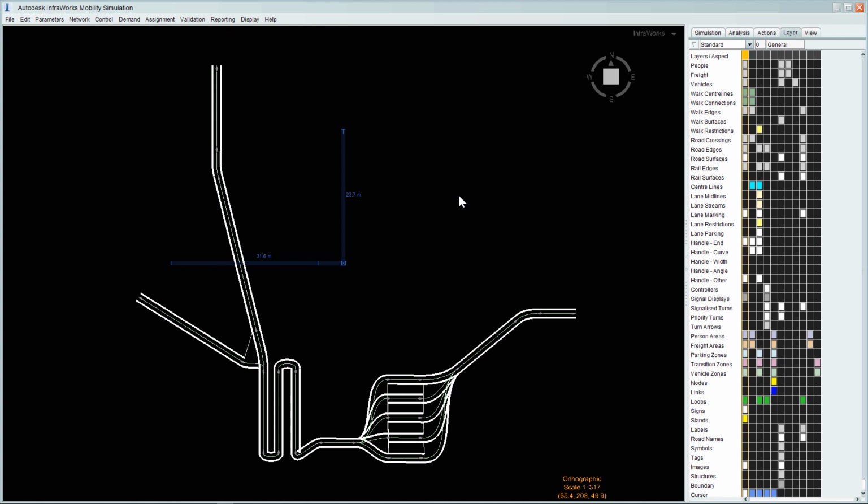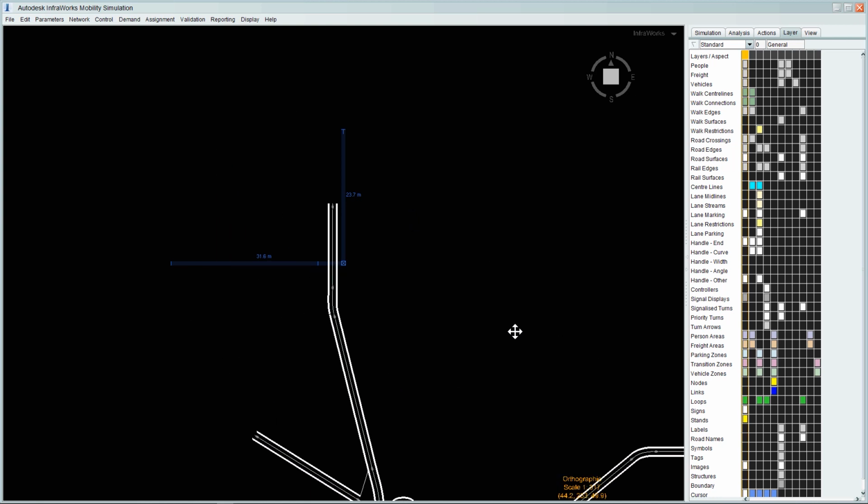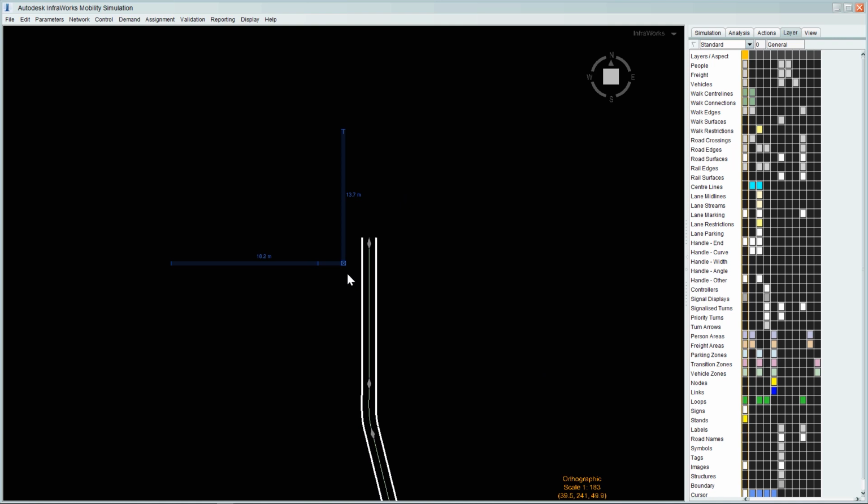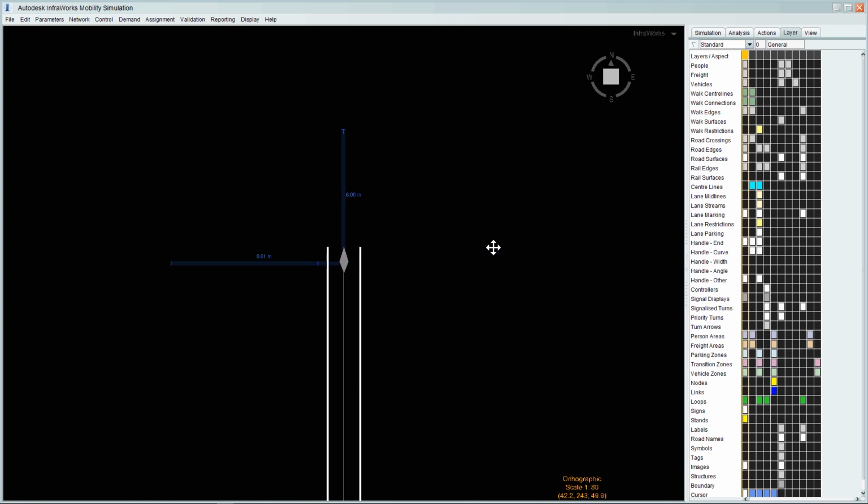So there's only one more thing that we need to do, and that's to add these people areas. So what I'm going to do is just pan down, and I want to get the head of that handle just over the top of the cursor. Okay, and that's to make sure that when the area goes in, it's fully embedded in the area itself, and that is absolutely critical. As I said in the last session, that absolutely must happen in order for this to work. Okay, so I've positioned it there,